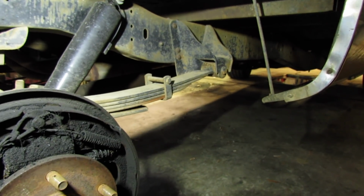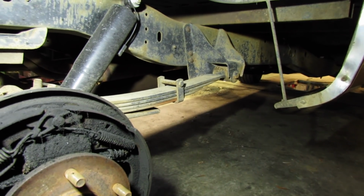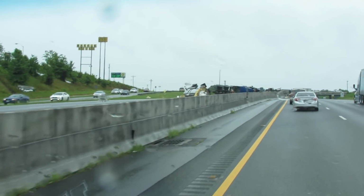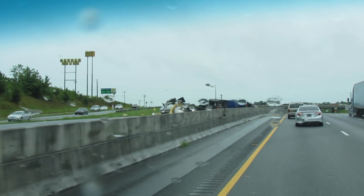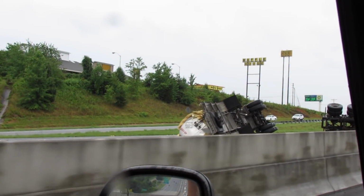Look how nice it is under here. The other thing we're gonna do is investigate what's required for the rear half of the drop. Oh yeah, man, that is bad news right there. I don't know what's in the tanker, but